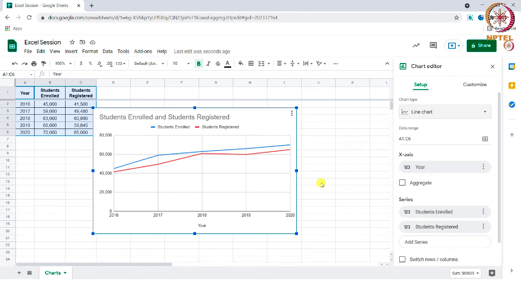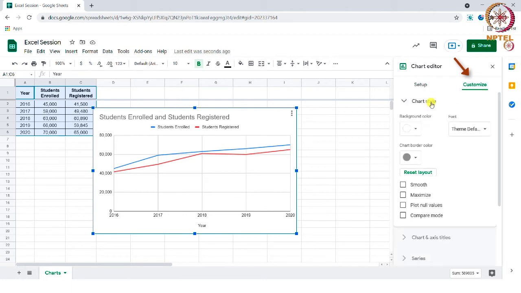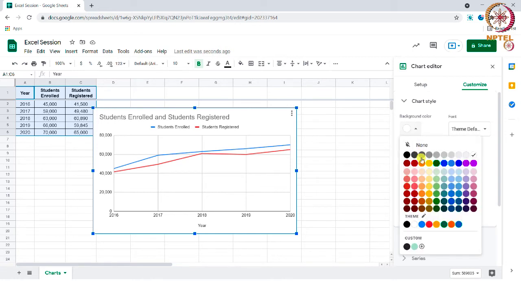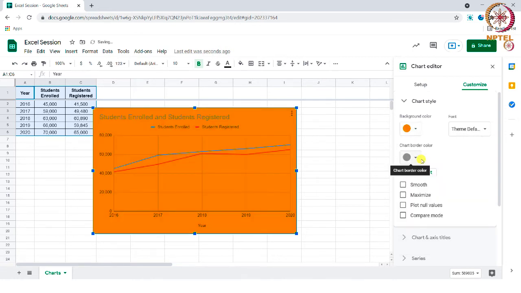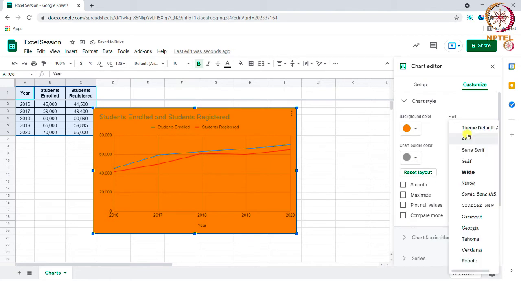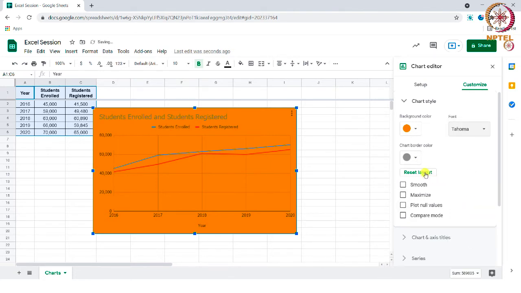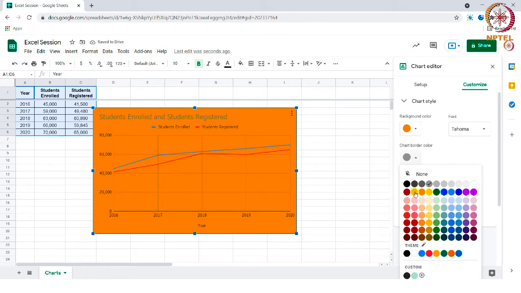Once we have chosen the chart type, we can have many customization options to format our chart. Let us now explore. Under the chart style, we can choose and change background color, choose font style, and chart border color.